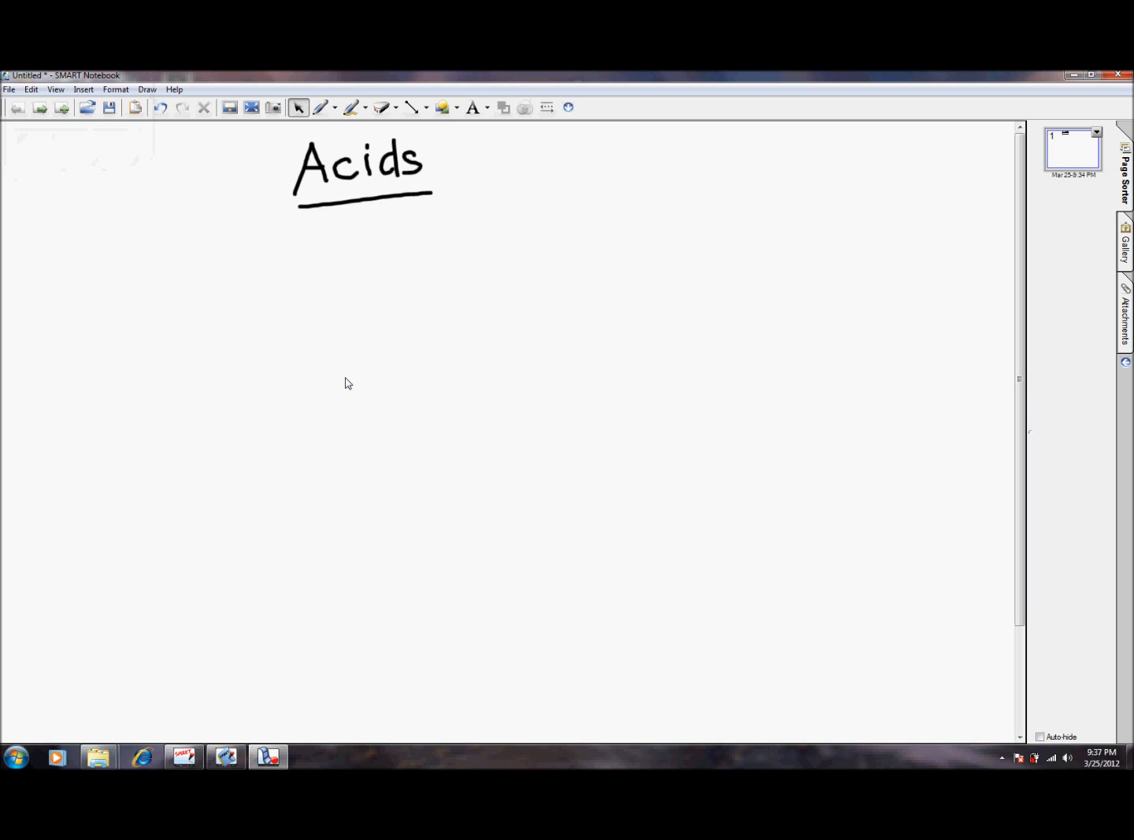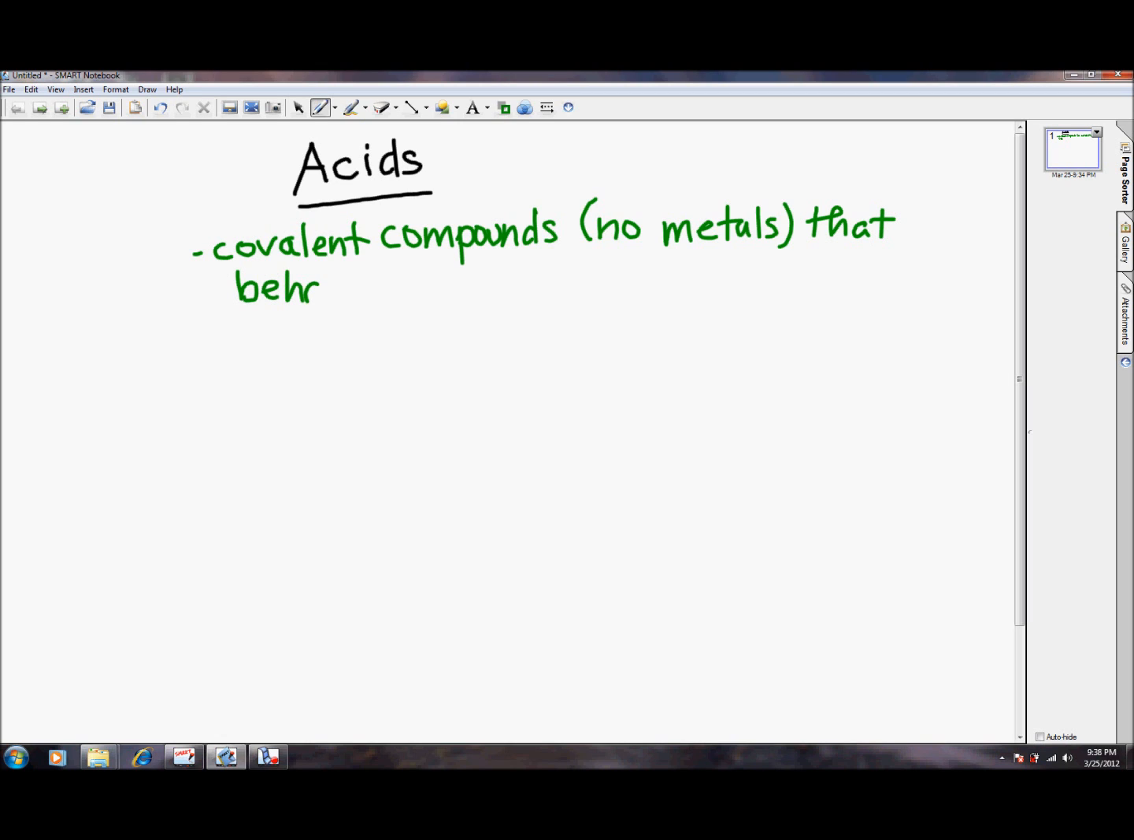The next group of compounds we'll discuss are the compounds called acids. Acids are an unusual group of compounds in that acids are covalent compounds. You recall this means that there are no metals in the compound. However, they behave like ionic compounds when they're added to water,